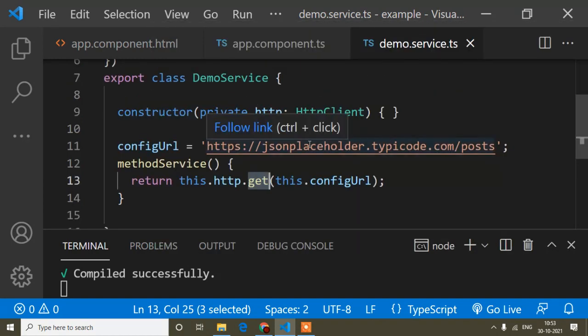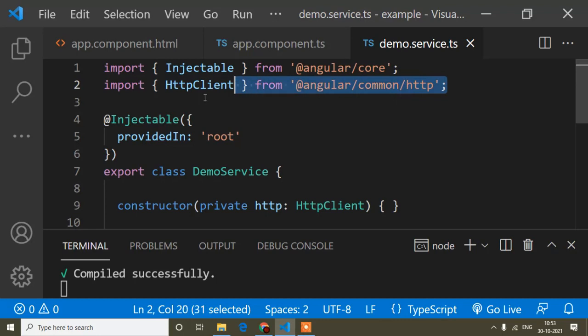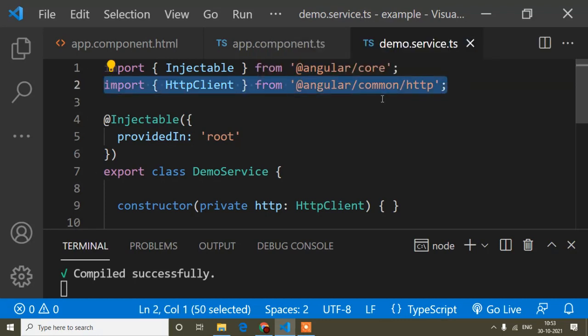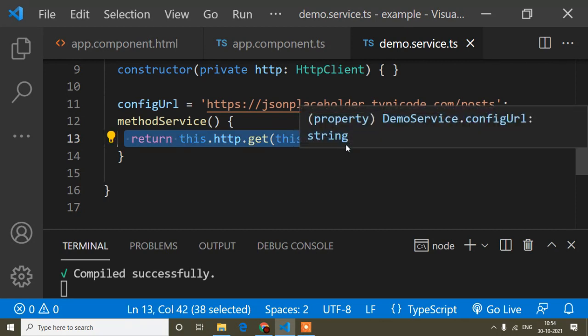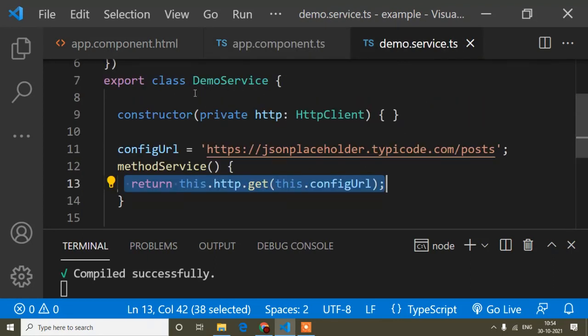And now guys, what I was trying to show in this video is that it's not important that if you are passing an HTTP request, you have to pass it in a service. Okay, the same thing you can pass in your TS file. How you can do that, I will show you. So why have I passed this in a service? Suppose this API's data I need in the app component and also the home component. So what I will do is simply copy this common thing, this service.